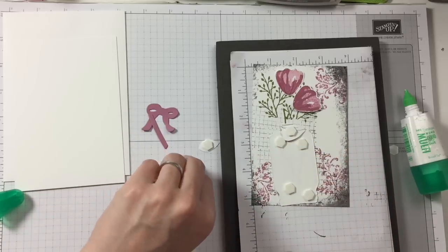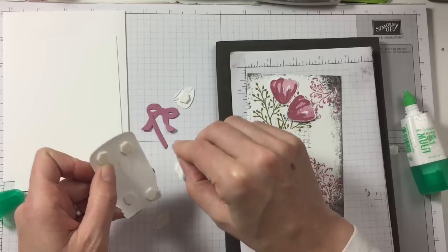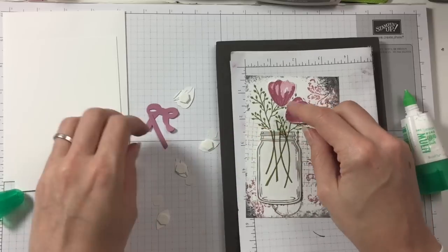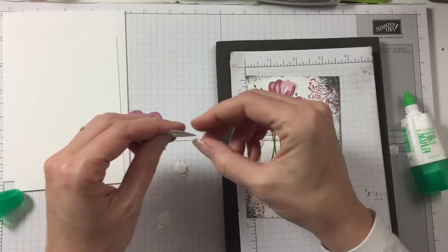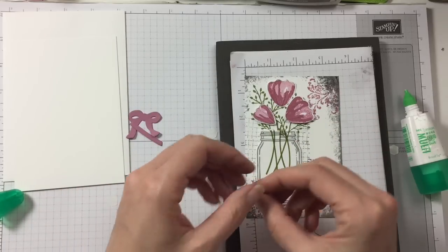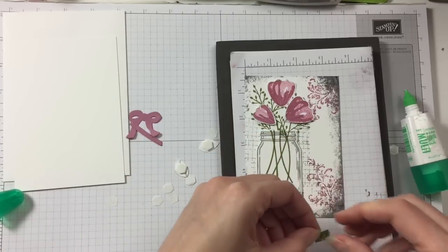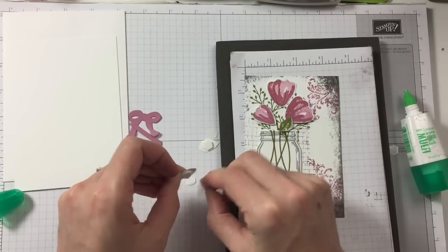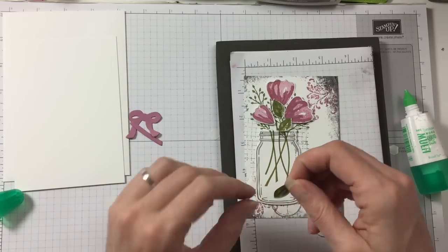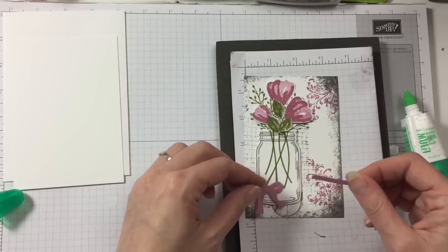I'm just going to put it on the front then. Okay, we still have the sentiment to do and the inside, the envelope. Woohoo, there's a lot of work. There we go. This one here, and then the green leaves are sort of used to, yes, I didn't get it right there. Let's just cut off a little bit there. All the others are fine. There. Just so that, you know, it sort of hides the fact that there's no stems there, basically. There. Okay, and then we can put this